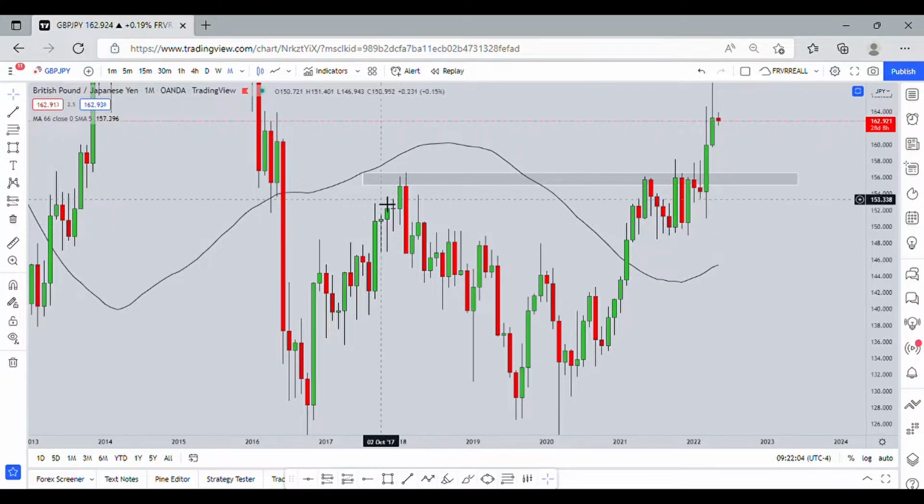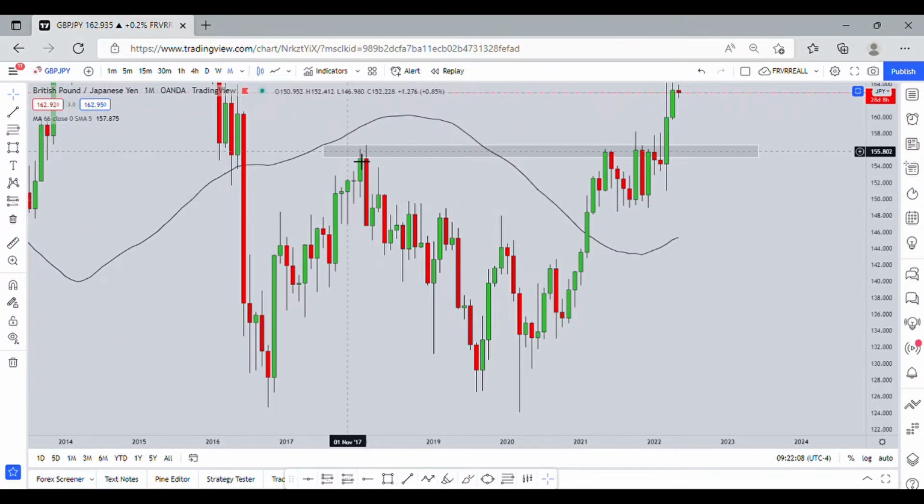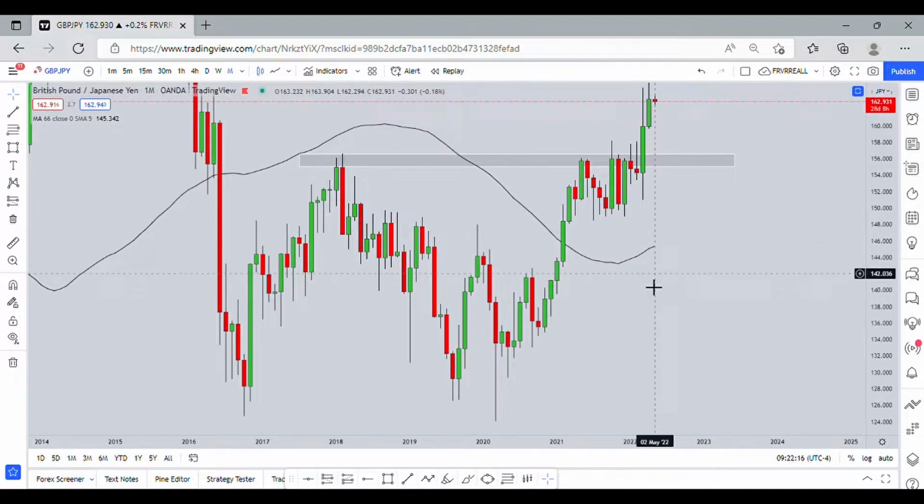And there you have your supply. This is all you have to do. Use your supply, and whenever price comes here, you can drop to the lower time frames and be able to sell. And that's about it